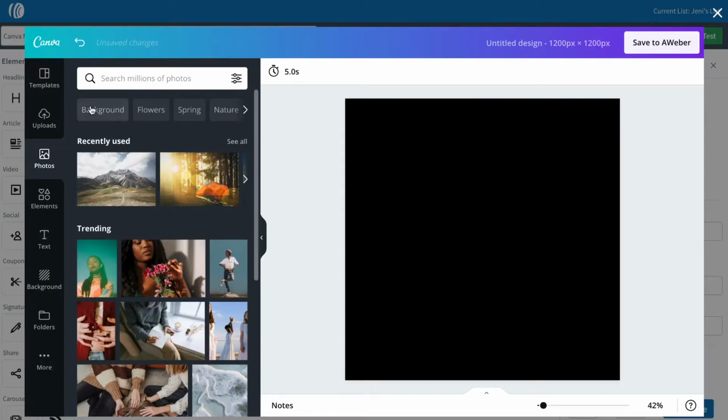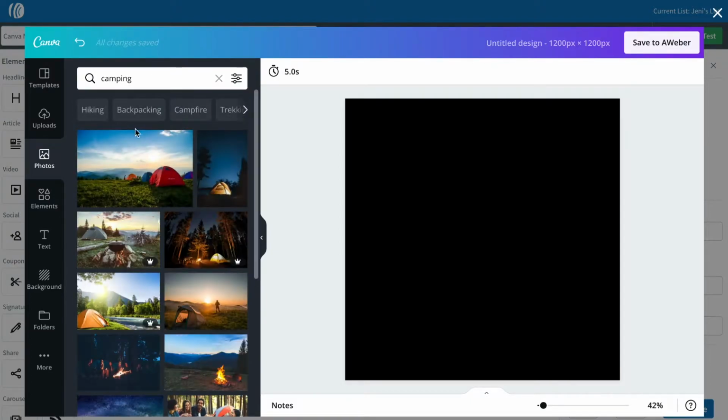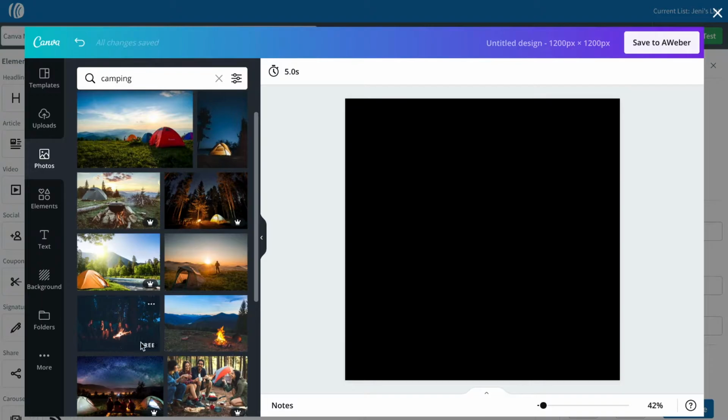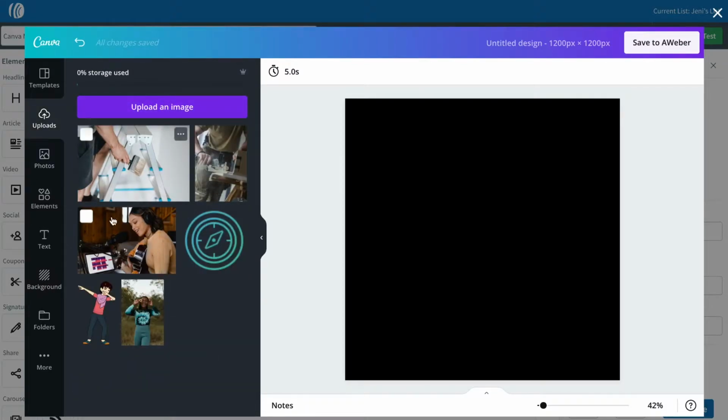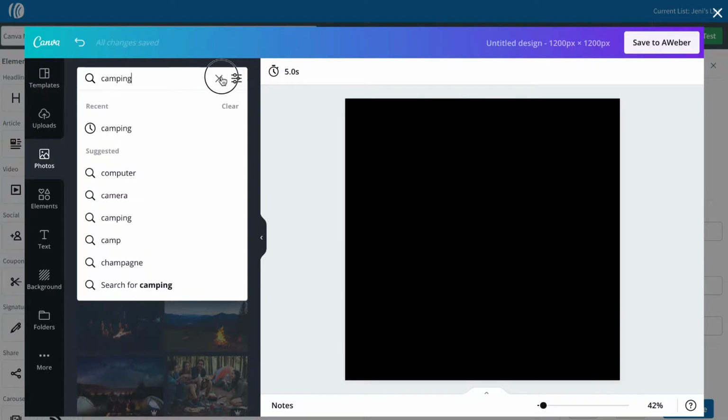The next step is to select your photo. So you can search Canva's photos for anything that you may need for your newsletter. They do have a bunch of free options as well as pro options if you do pay for their service. You can also upload your own images if you need to. So you could use anything from, like, Unsplash or Pexels there.